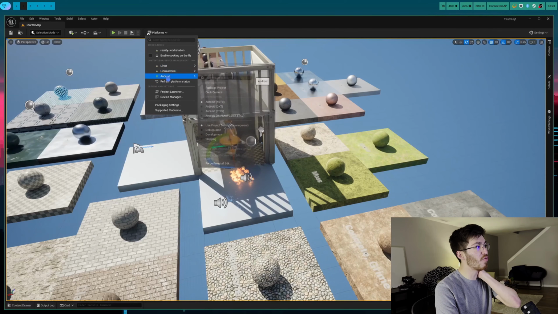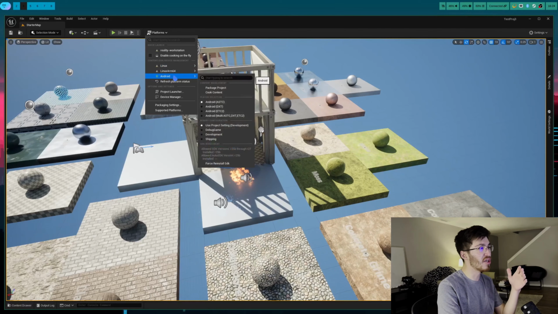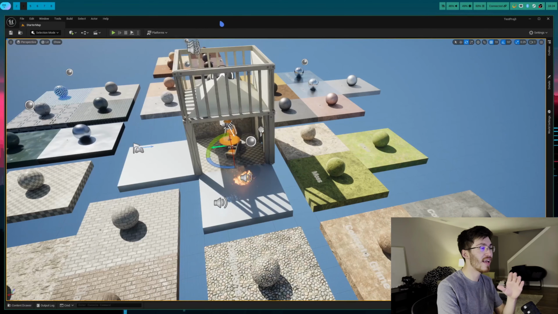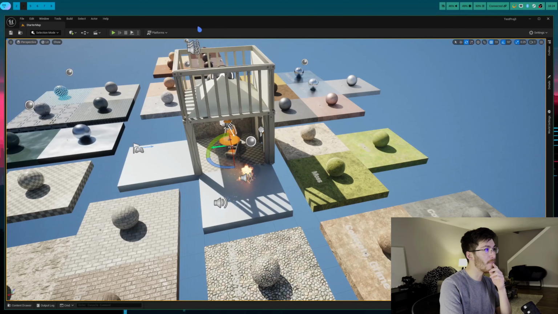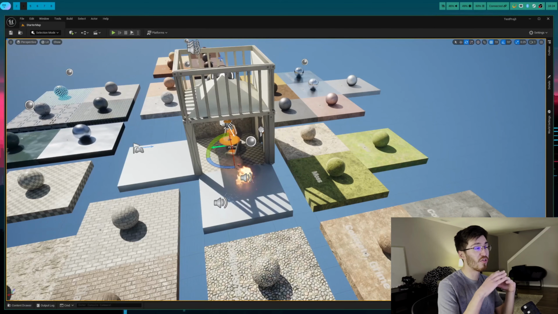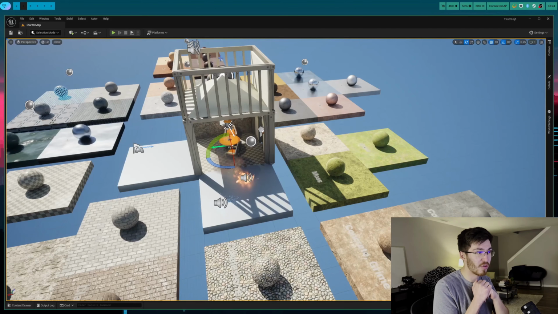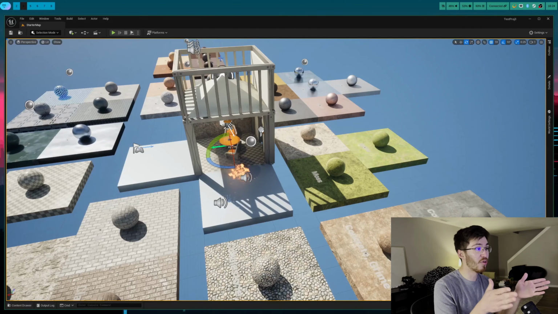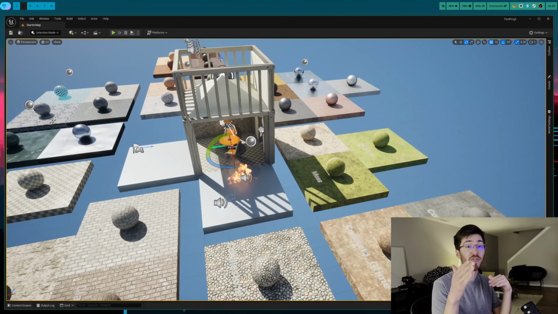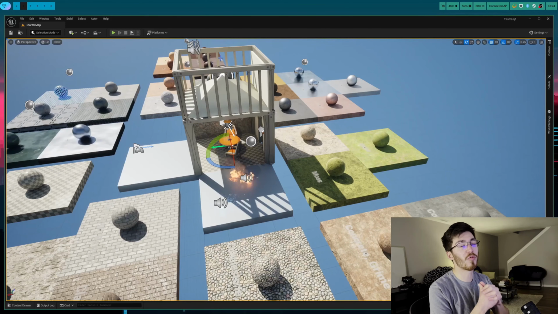I have heard of people who managed to get it working through using Wine or using VMs and stuff like that, and I'll get into that in a second, but you cannot package for Windows. Unreal Engine, from my understanding, tends to use a lot of proprietary Windows drivers in order to function, period, at least on the Windows version, and so it's not going to allow for you to package for Windows either. If you're on Linux and you want to package for Windows, which you're most likely going to want to,